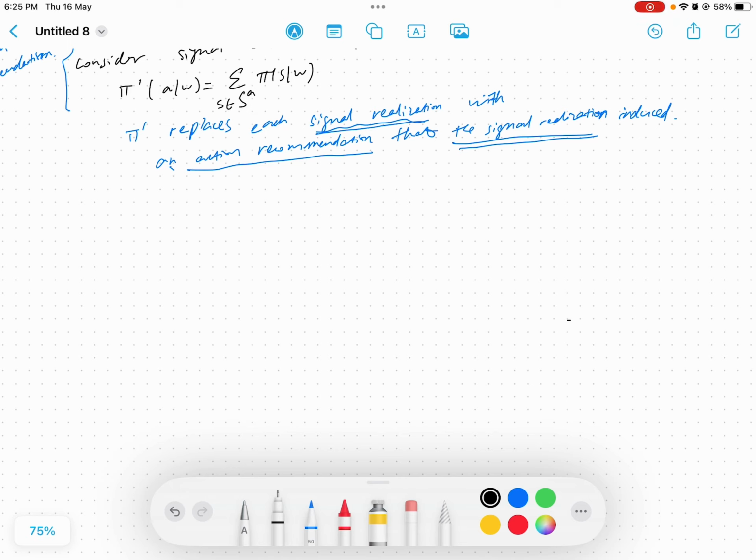Because each is true, so when we sum them up over all the S's, the summation together has to be true as well, okay? So since A was an optimal response to each S,